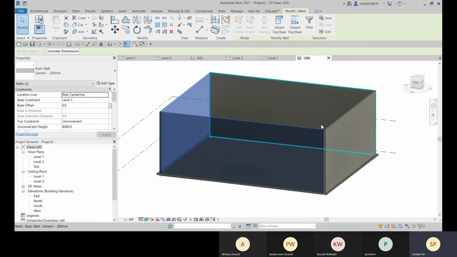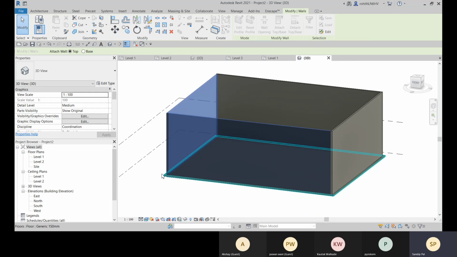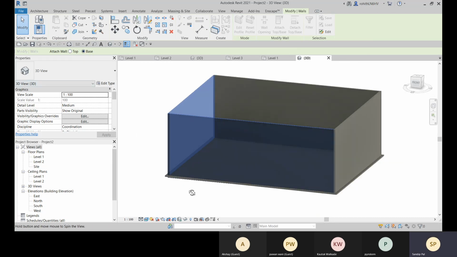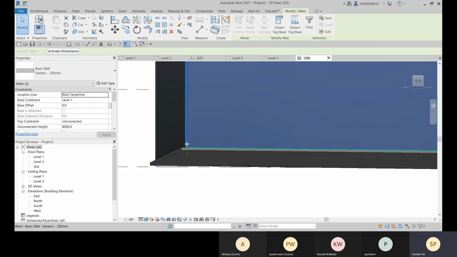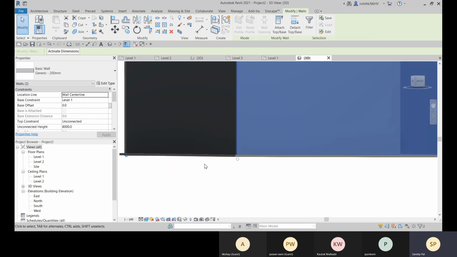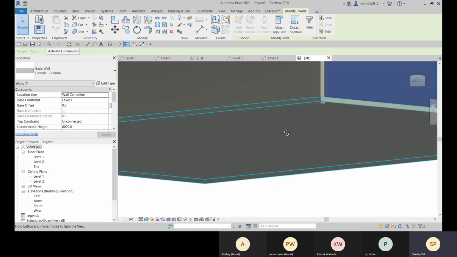Let me unselect these and select just these two so that you can understand the difference. Let me go for attach top or base. I'm going to attach the base. So select the base here, not the top, and then select the base object, that is this floor, and now you can see that it is attached. And here these are not attached yet.